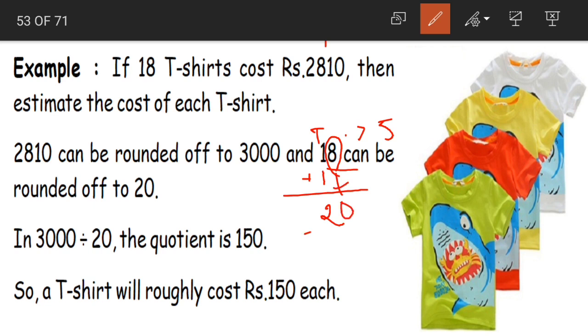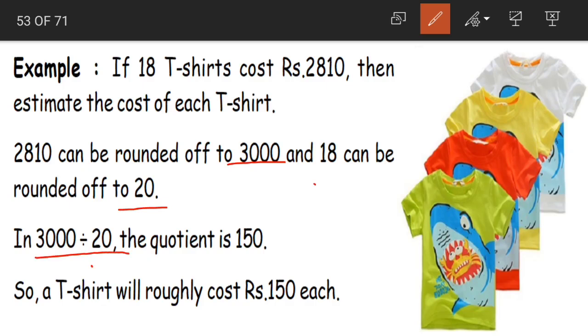And 8 becomes 0. So 18 can be rounded off to 20. Now what do we have? We have our estimated dividend and divisor. Now when we divide these two,